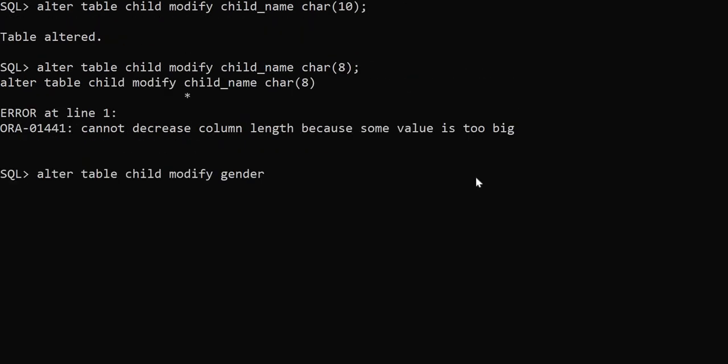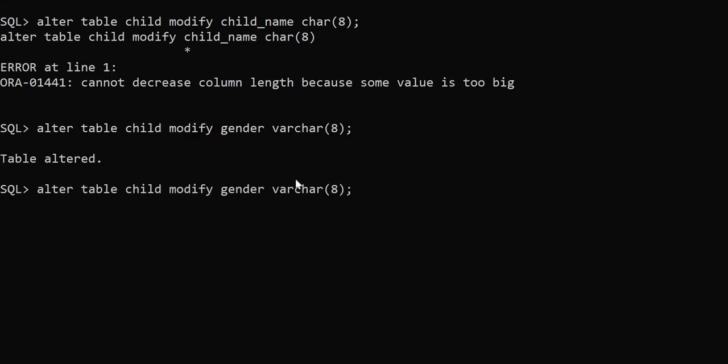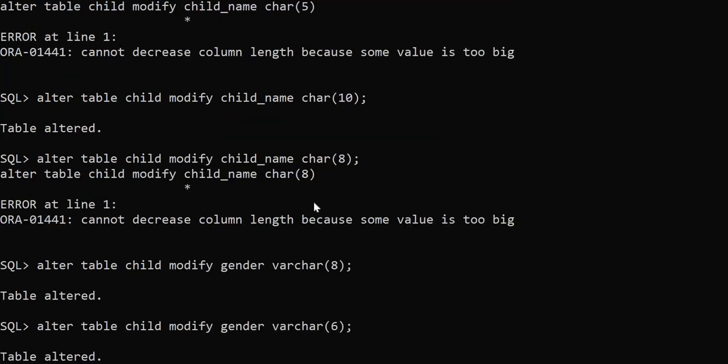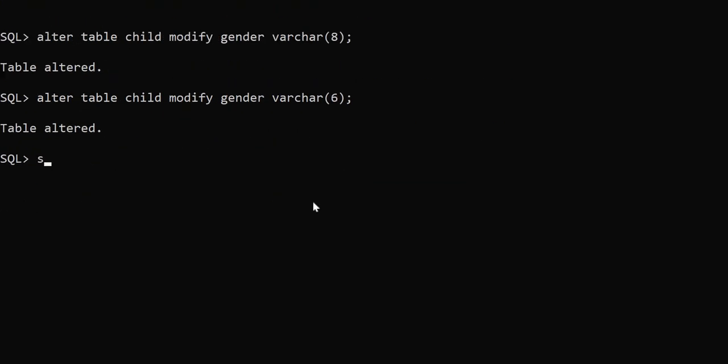I just want to specify it as varchar of 8. So it is altered. Now let me try reducing it to 6 again. See, only varchar is the permitted data type for which a size can be reduced. It cannot be reduced further